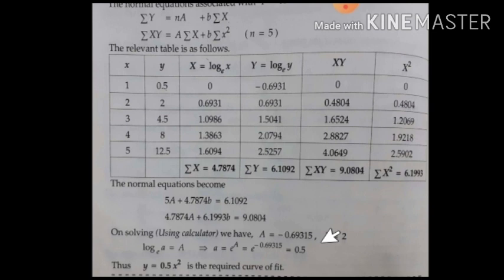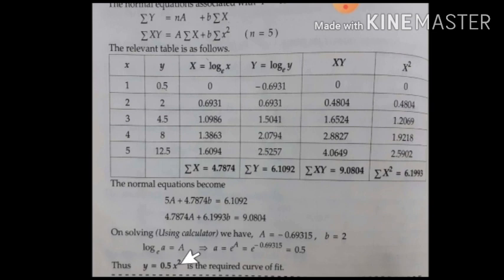But to obtain the best fit curve of y equal to small letter a into x to the power of b, I need to find out what small a is. We have taken capital A as log a to the base e. So small a will become e to the power of A. So e to the power of minus, whatever the value of A obtained, substitute it. Use a calculator to simplify, and you get the a value as 0.5. So the best fit geometric curve is y equal to 0.5 x square for the given data.